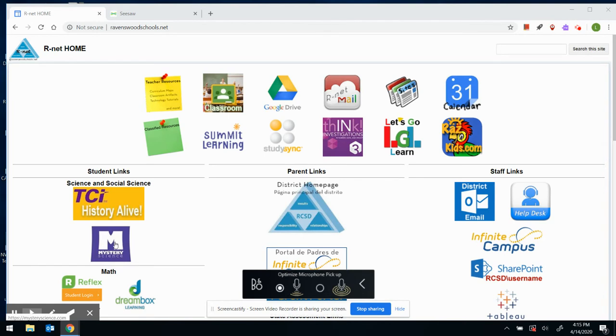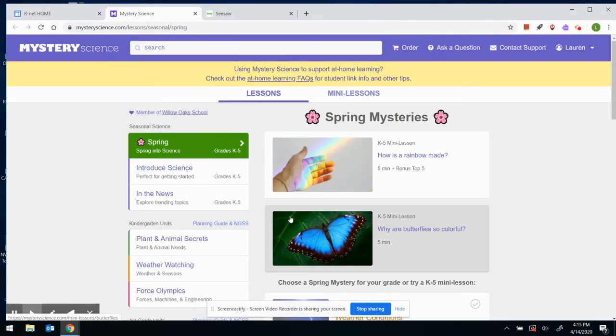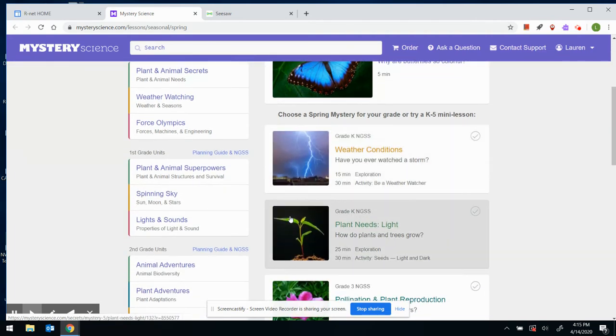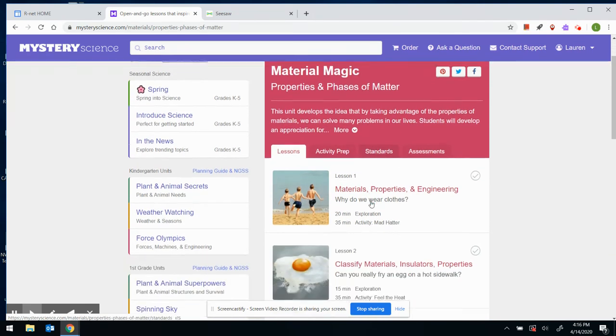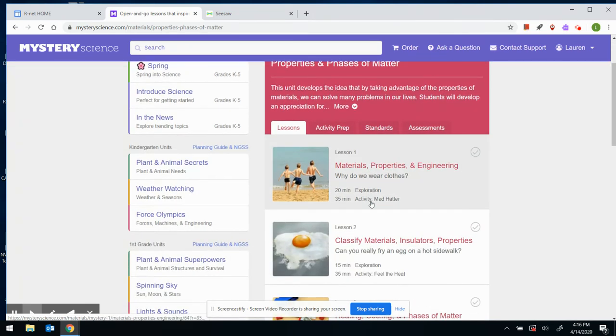So the first thing I'm going to do is open up Mystery Science by clicking on the Mystery Science icon on ARNet. And then I teach second grade, so that's just what I'm going to use. We're going to be going to our matter unit, our physical science unit, so I'm going to go to Material Magic down here. So from here, I want to just assign, I think I'm going to assign like one lesson